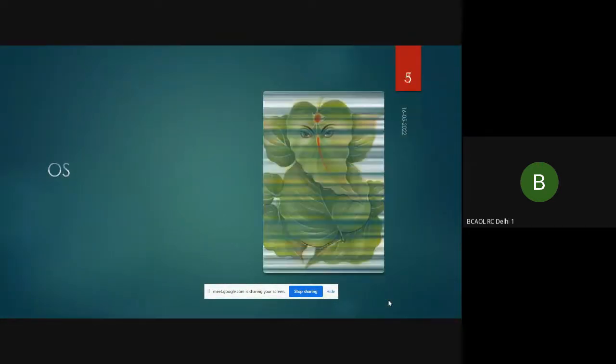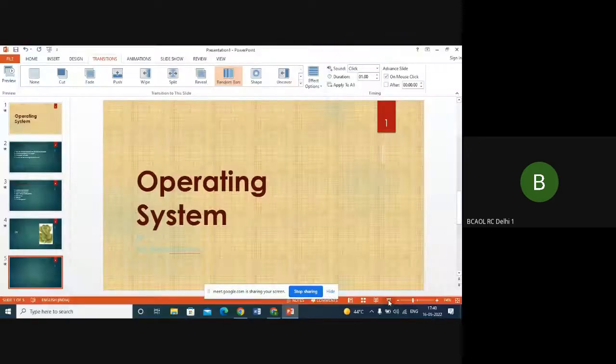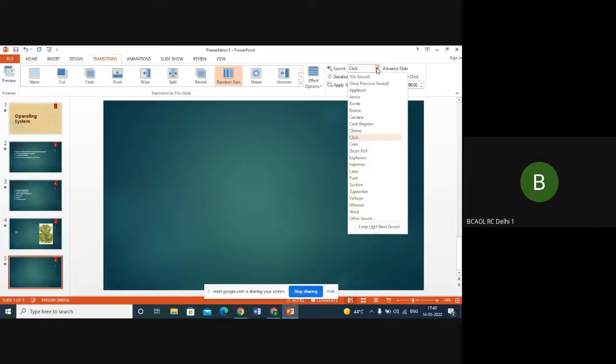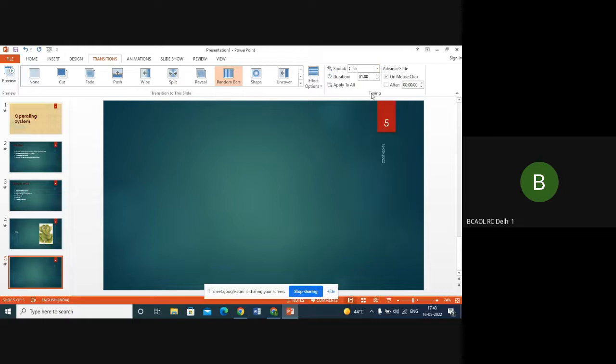So this is a kind of sound effect. If you want, with the transitions, a sound effect is also added. So you can add a sound with your transitions, right? So that is one part. Then